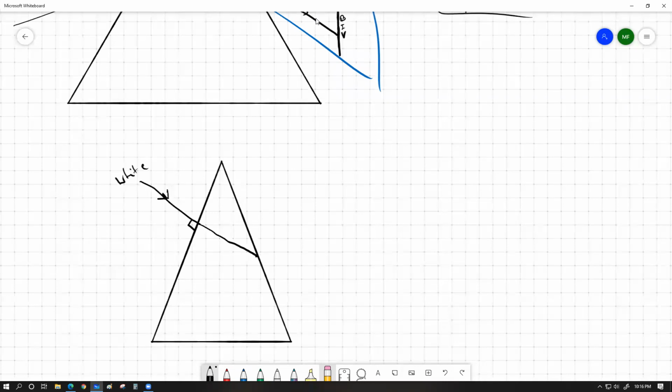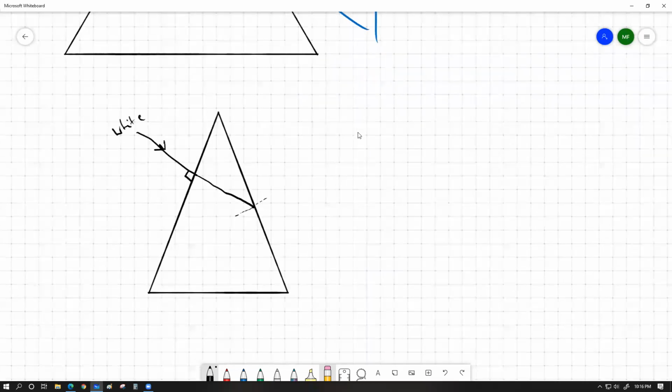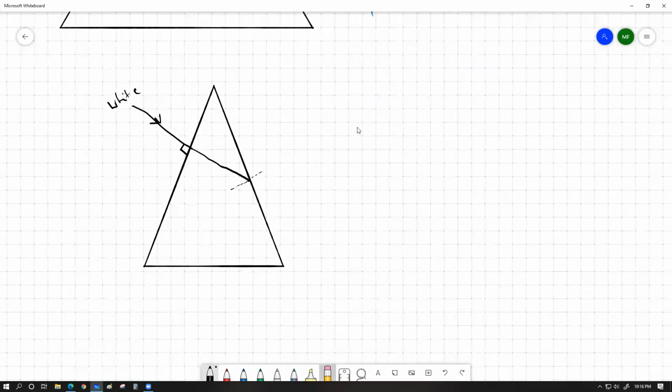Because now on the second surface, the incident angle is no longer 90°. So now we're going to have a little bit of split. Because of that split, all the light rays should bend away from the normal. Now this is why the figure can become a little bit tricky, because if I just hold up my ruler,